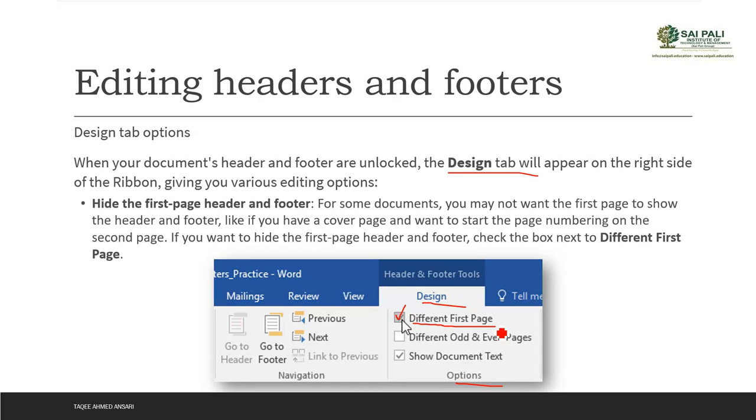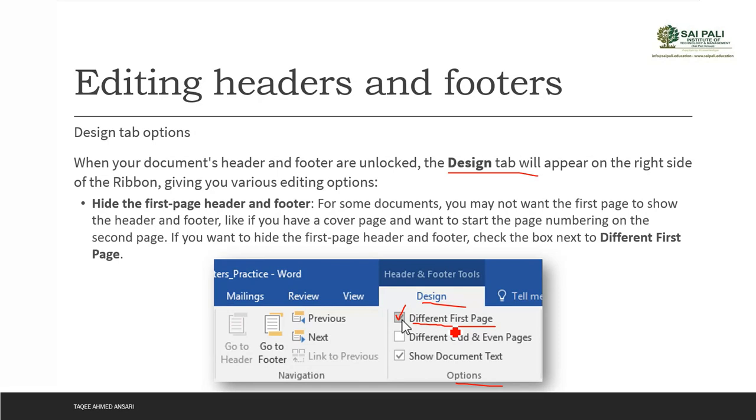That means the header and footer that we have in the rest of the pages of the document, we don't need on that first page. We can have a different kind of header and footer on the first page. This option allows us to have a different header or footer on the first page, either way, it depends on us.